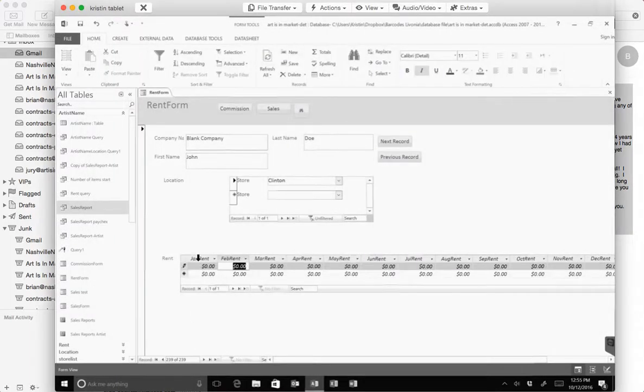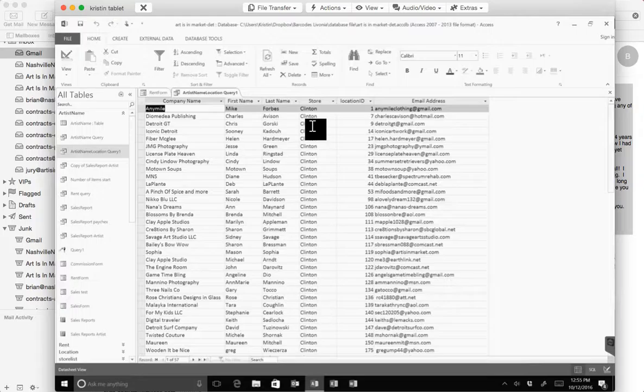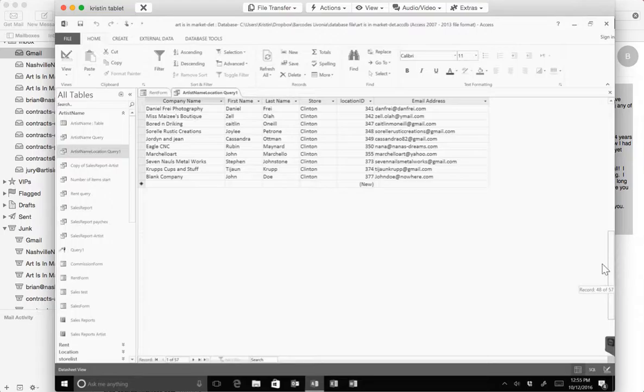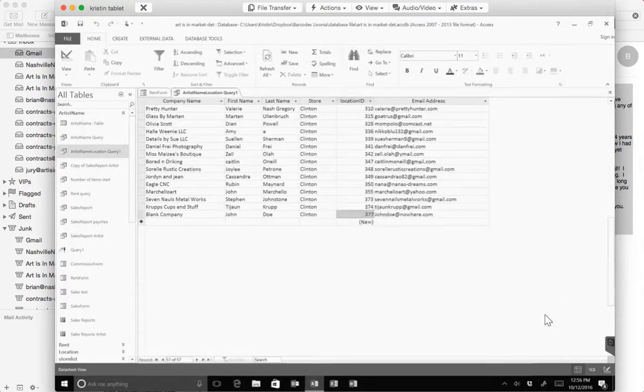Well, the system's created that already. And there's this little thing in here called artist name location query 1. I know it's a long name. You're probably like, what the heck is that? So if I double click on this, oh good, it's already on Clinton. That's fantastic. And if I scroll down here, I should find blank company John Doe is actually now number